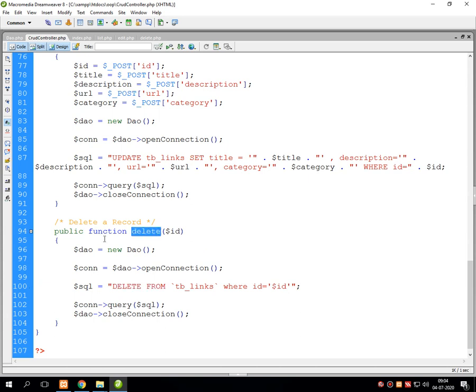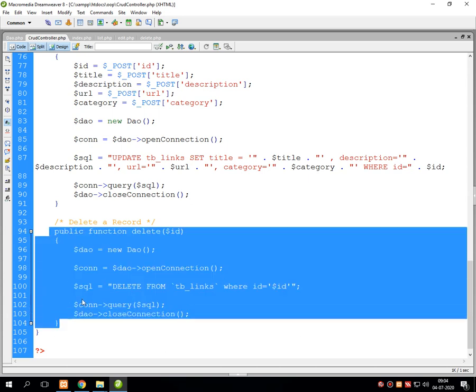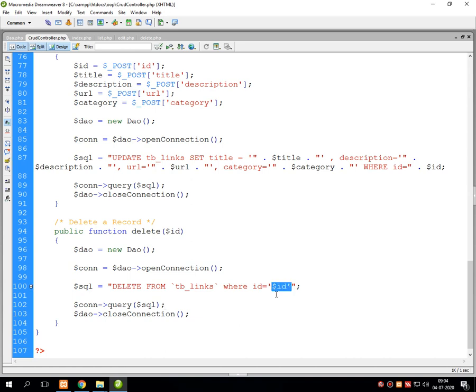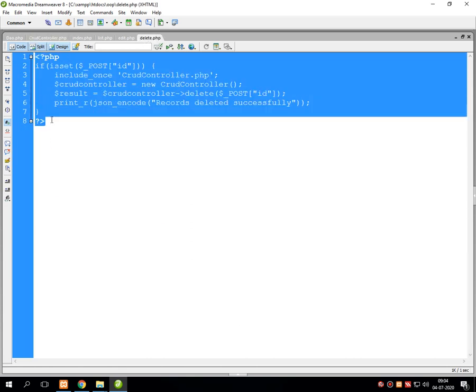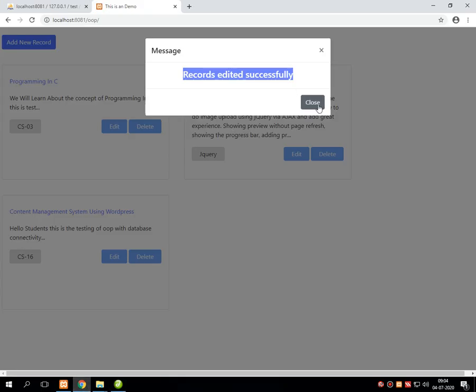So it will remove that particular record from the database table by executing the delete function, which has been called by the delete.php file.